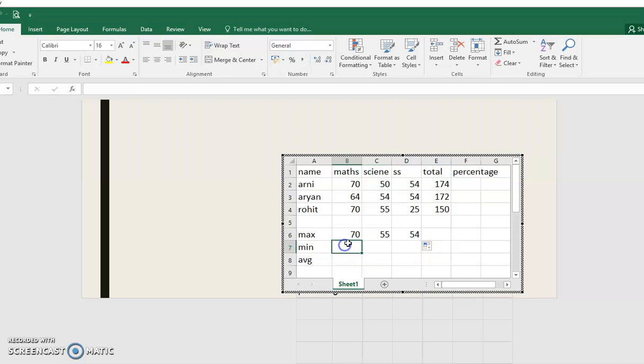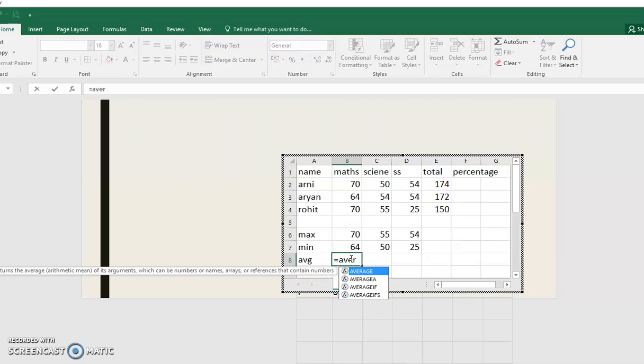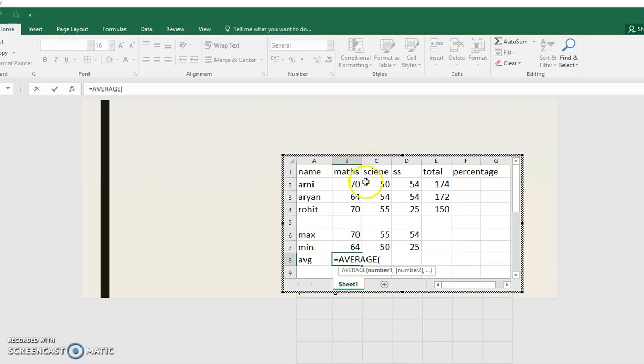In the same way, minimum, equal to min, then we'll select the same range and drag this formula for other subjects. Equal to average, again I will select the range, bracket close, enter. So here it will give the average mark for all subjects.